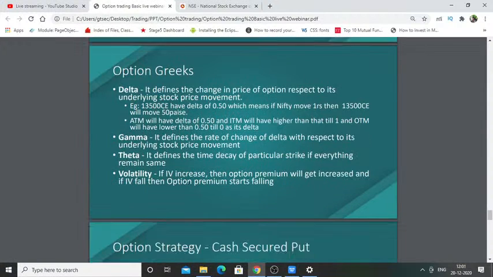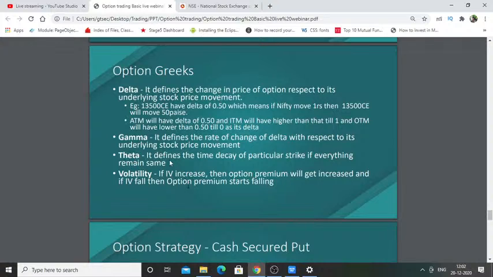Okay, so now let's look into some basic things about option Greeks. You might have seen a lot of tweets, blogs or YouTube videos where people start talking about option Greeks, and you might have wondered what all these things are. Option Greeks are nothing but how the option premium is going to move, how sensitive a particular stock's options are going to be. All those things you can look into. I'm planning to keep this video open, so you can even watch it from our YouTube channel itself.